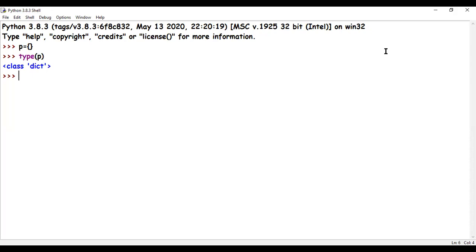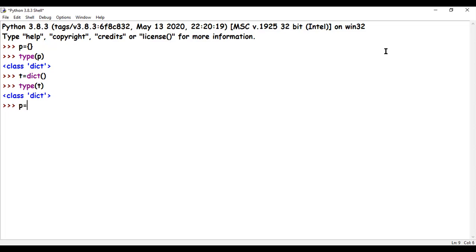Another way to create a dictionary can also be, I can also say T equals to open bracket, close bracket. Again, if I'm going to check, it says dictionary. So these were two ways to create empty dictionaries. We've created two empty dictionaries. Now, we can add values to the dictionary also.